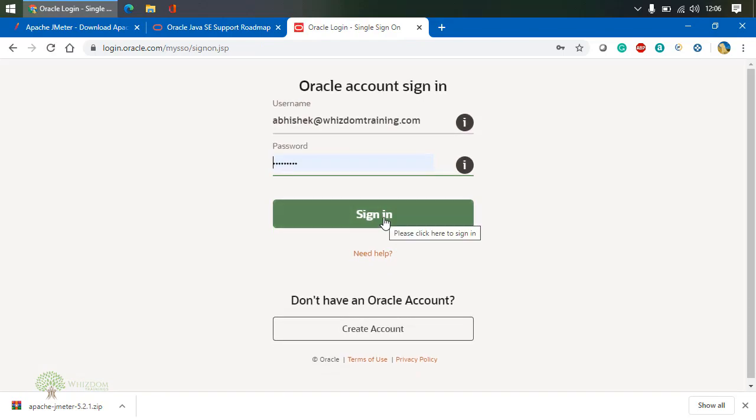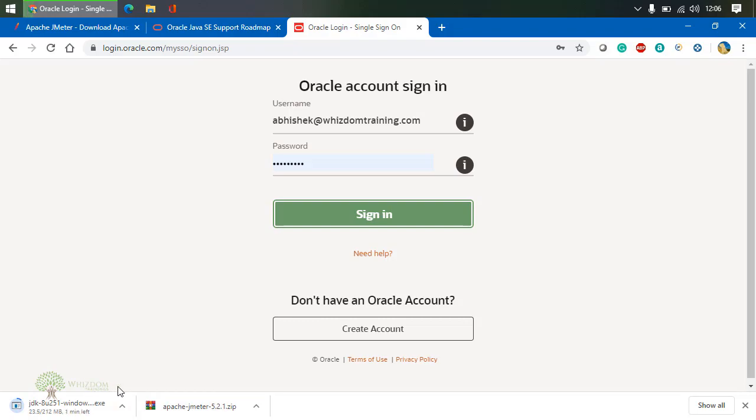No need to worry, simply create a simple account. It doesn't ask you for credit cards, it doesn't ask you for any kind of payments. Simply create an account and click on sign in. The moment you click on sign in, as you guys can see, my download would be starting here, right? So download has started, right? So it will take a little bit of time.